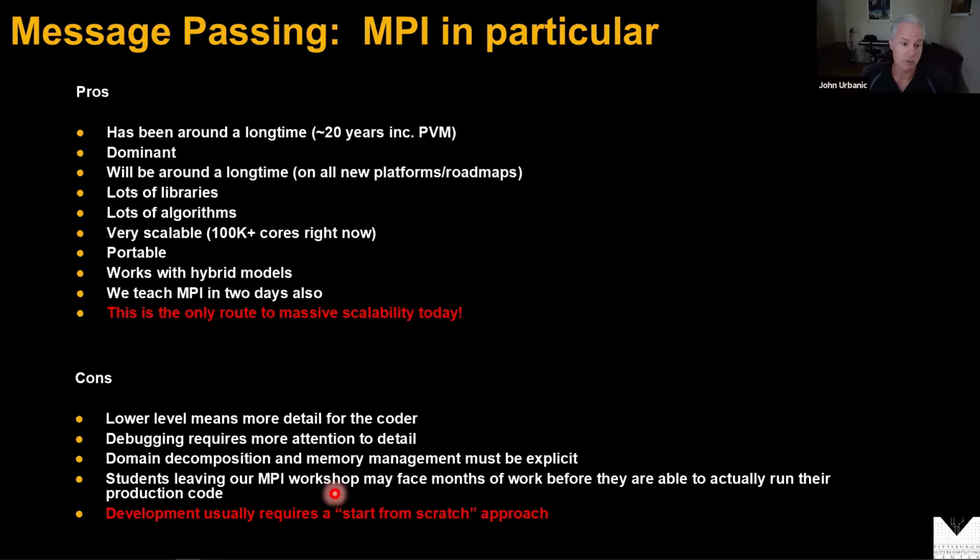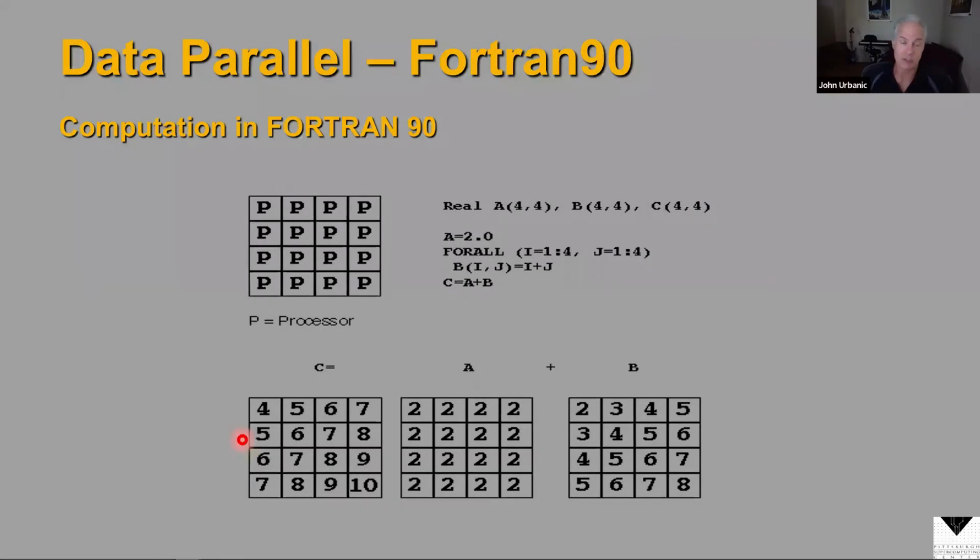So people leaving this workshop who are going off to develop new applications or port applications could face months of work to do a parallel port with MPI, depending on what you're doing and how complicated it is. So it's not one of those, let's throw some stuff at a program in an afternoon and have a parallel code. And there are other approaches where that is an expectation. So these are the drawbacks. But at the end of the day, you end up with a code that can scale to millions of cores. Let's see some of these other things that might be alternatives.